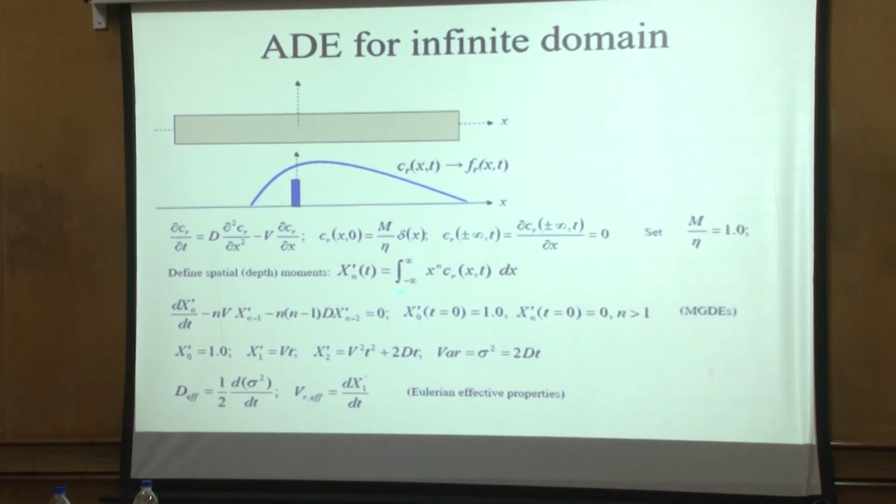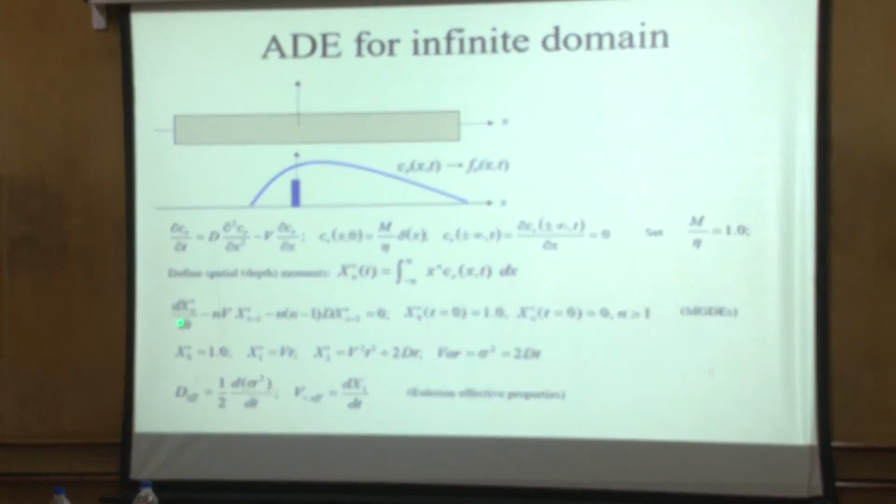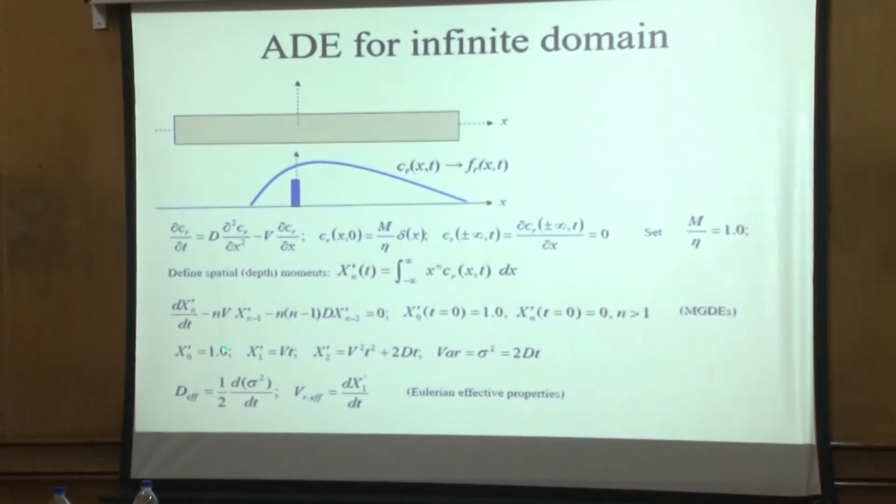X sub 0 is basically known from this. I substitute x sub 1, solve for it, then I go to n equals 2. By then I'll have solved for n equals 1, so I'll have the lower order moments. So I keep doing this for higher order moments, one at a time. Okay. But basically, if I do n equals 0, the spatial moment is equal to